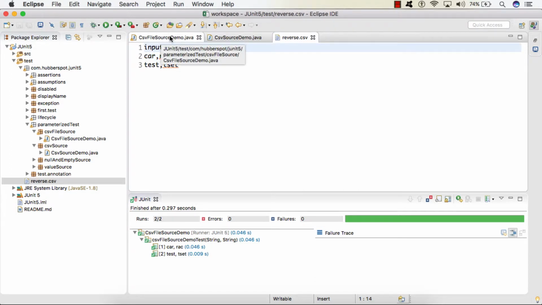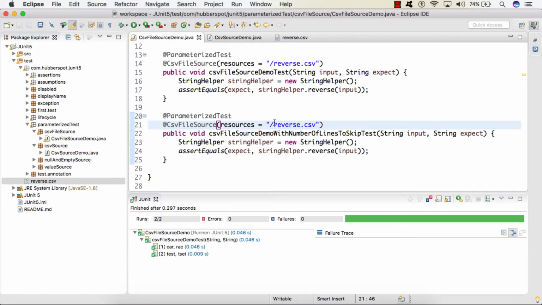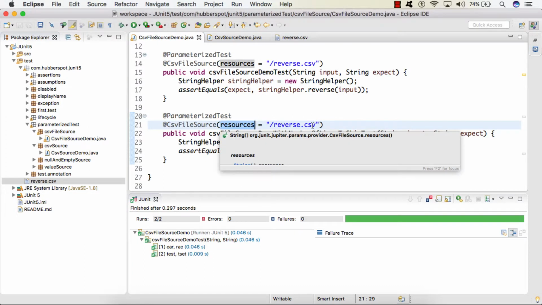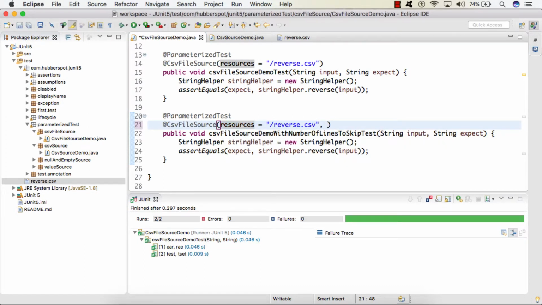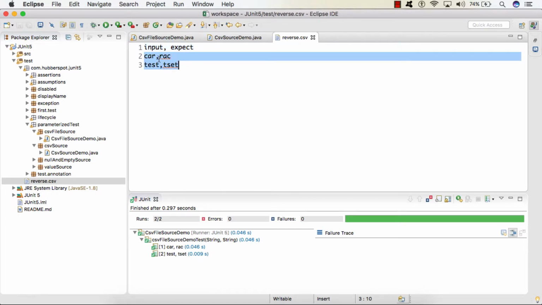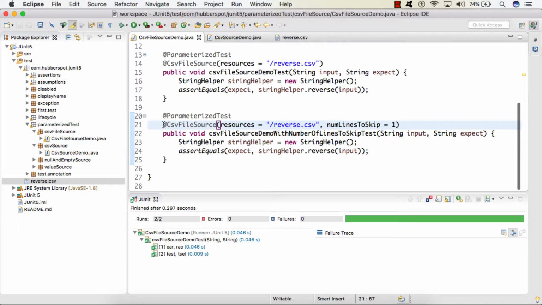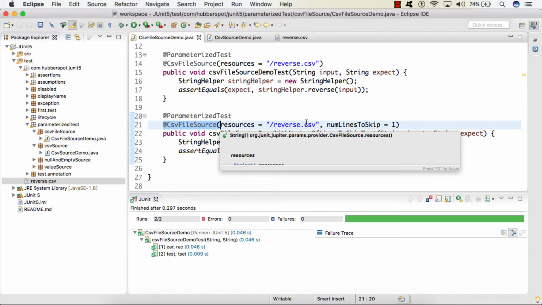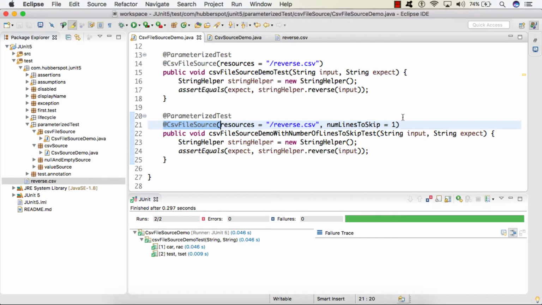So in our CSVFileSourceDemo class, we have provided the resources parameter. Now let's say I provide the numLinesToSkip parameter and I give the value as 1, saying that I want to skip the first line because my test data is starting from the second line. So now this @CSVFileSource will read this CSV from line number 2, just skipping the first line.